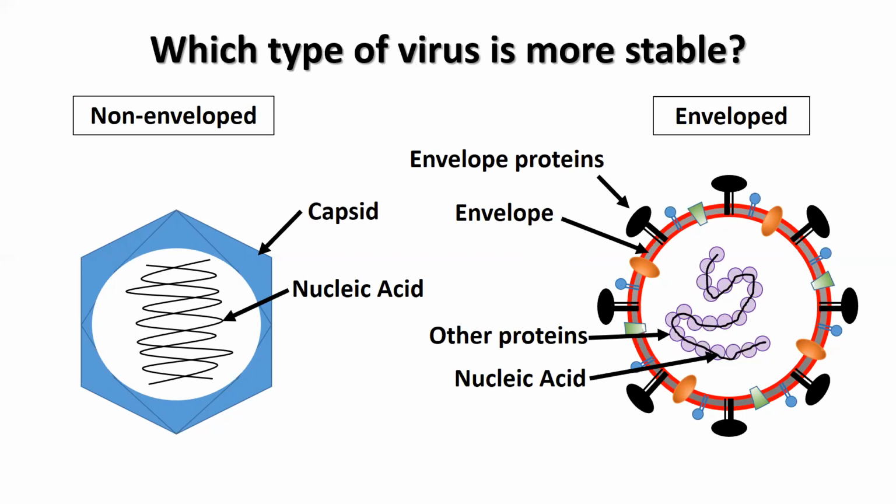They also have multiple targets that can render them non-infectious, including external proteins on the envelope. The capsid of non-enveloped viruses is generally more heat resistant than the lipid bilayer of enveloped viruses. Also, it has been shown that non-enveloped viruses are very stable under dry conditions. Very harsh sanitizers must be used to inactivate non-enveloped viruses.